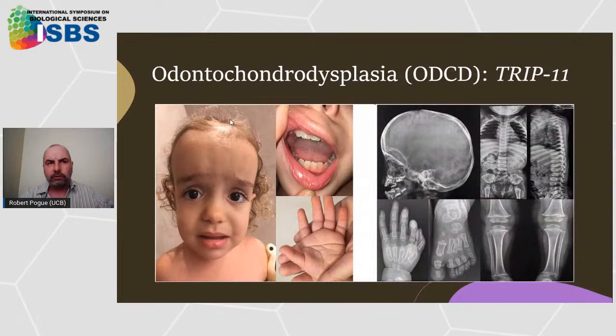So the first condition I want to tell you about is called odontochondrodysplasia. And as the name suggests, this is a skeletal disorder which affects the skeletal elements and also the teeth. And so it's a congenital condition. The children are born with spinal changes, and they also have metaphyseal malformations. Also, as you can see, they are born with dentinogenesis imperfecta, which is a problem with the development and mineralization